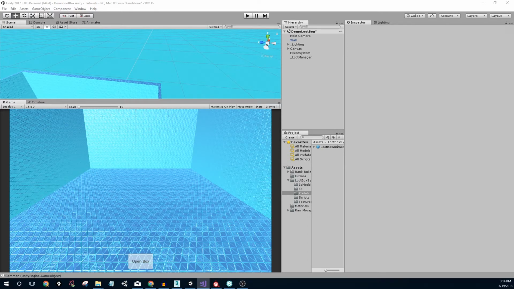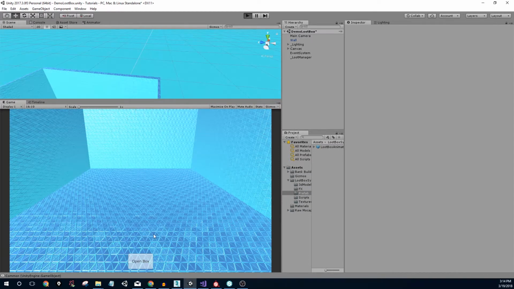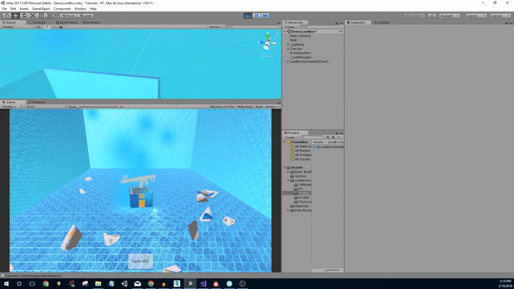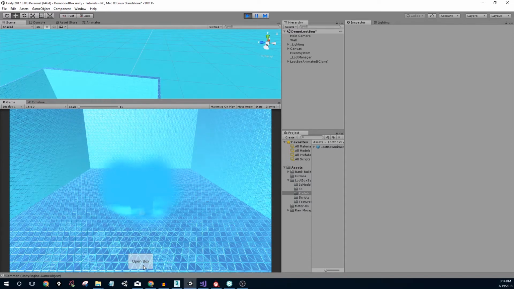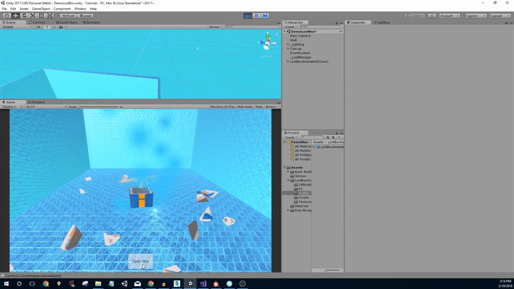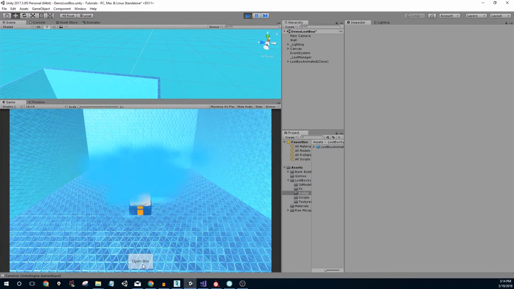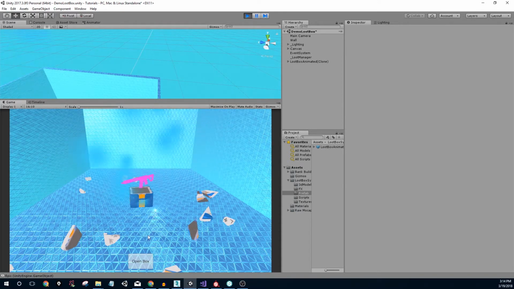Hi, in this video I'll be showing you a little loot box system I made with Unity, and it's super easy. Just click it open. It's quite loud. Right, so it just throws out random stuff here: random models, a little effect going on, animation, background, and a